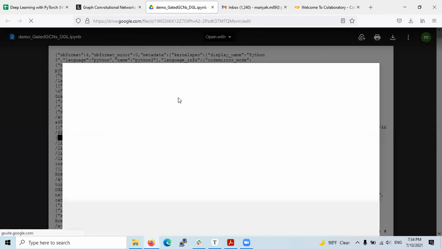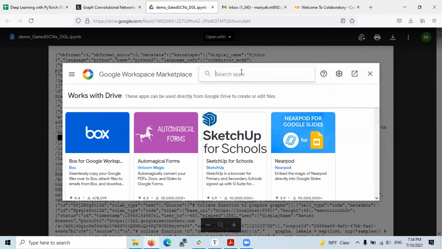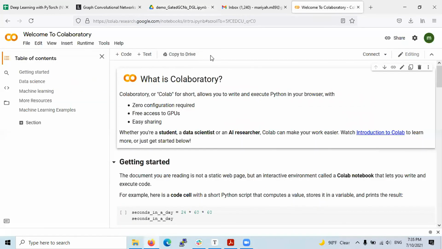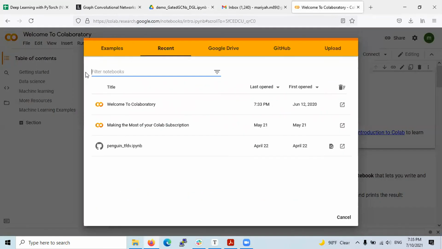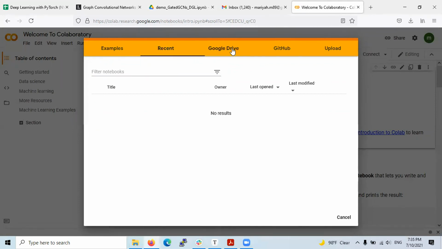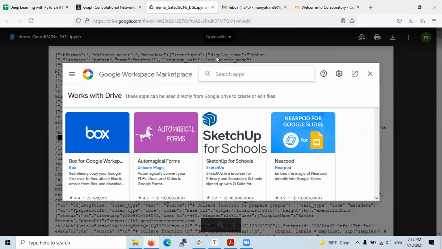This one? Well, this should work. I mean, this actually asks you to install, right? So if you go back to your Colab screen, there was like an open something file, maybe. Yeah, this one, right? Here you drop the URL for the Google Drive. Yeah, probably. Whatever the URL is, go back to that, pick it up. Okay, try it now. So probably I have to save this in my Google Drive and then open it from there. Maybe. This is coming into the way a lot, and this is disturbing me.